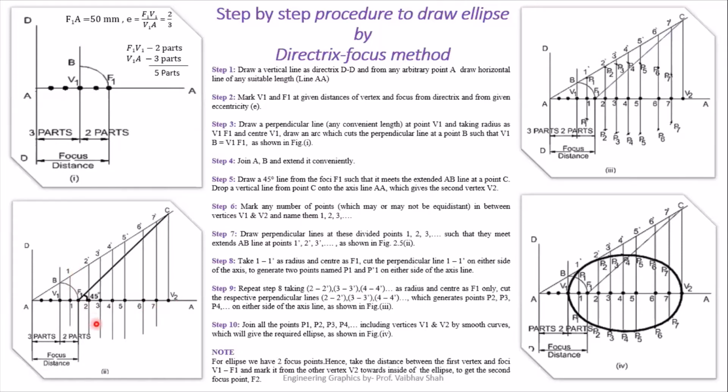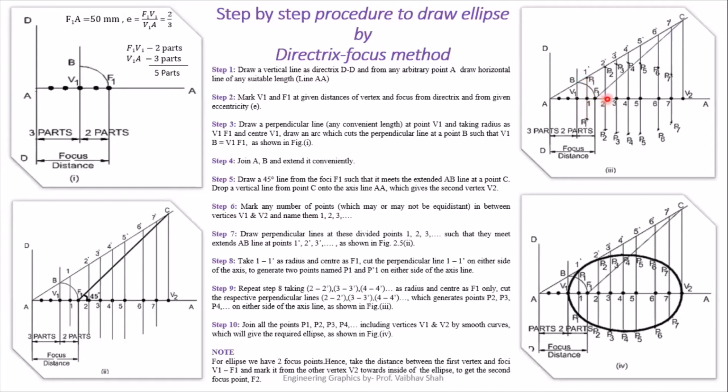After that, you have to draw a vertical line from each and every part, and you will specify 1 dash, 2 dash, 3 dash, 4 dash, like 7 dash on this line. After that, we'll be taking a dimension of 1 dash. We'll be putting our rounder at F1 and try to cut this line of 1 here above and below to get P1